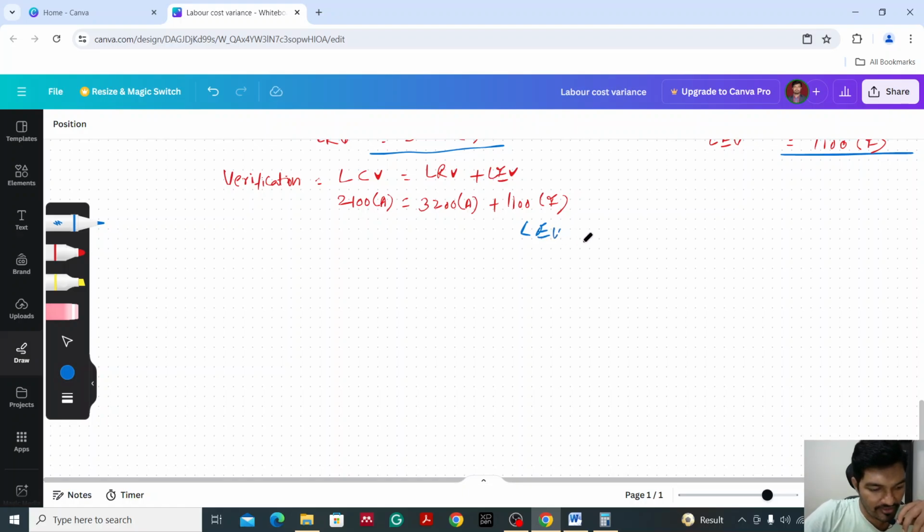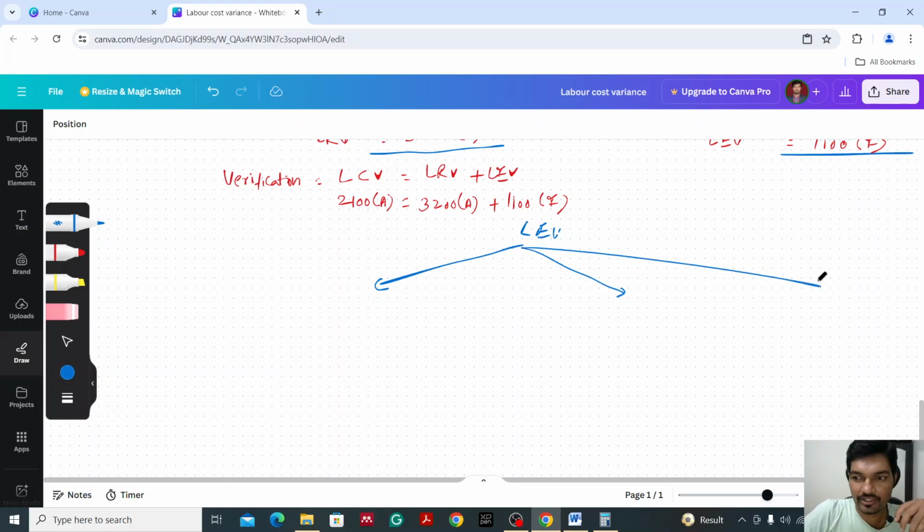So the labor efficiency variance we just calculated. Under that we need to calculate three components: labor idle time variance, labor yield variance, and labor mix variance. First we will calculate